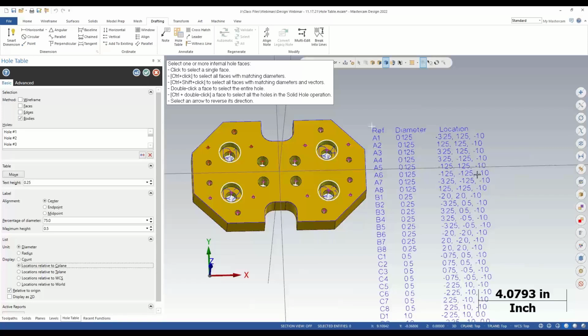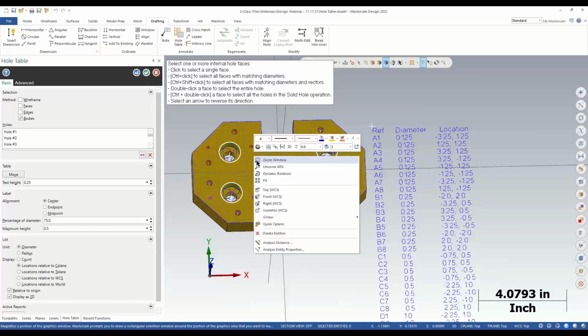Now, in this situation, I probably wouldn't care about giving them the Z because this is a pretty simple plate. They're all through holes except for the counterbore. So I'd probably say display as 2D, and I would get rid of the Z coordinate out of all of this. But I can create, which is really nice,